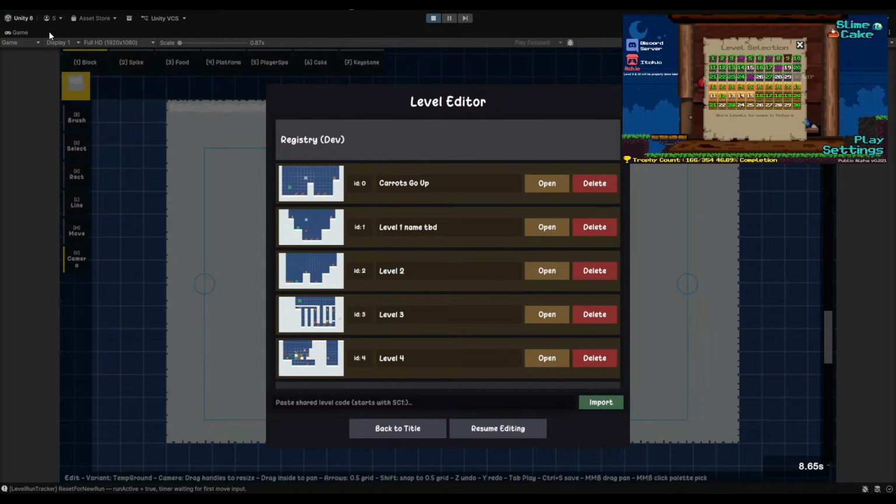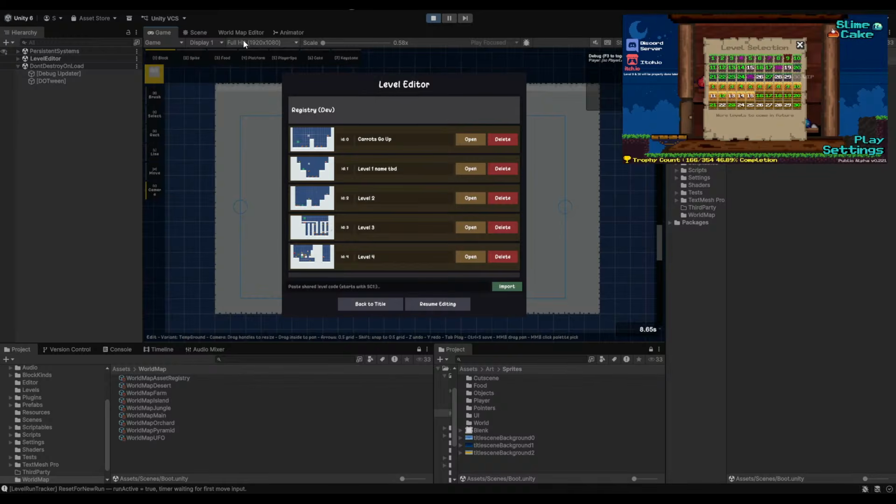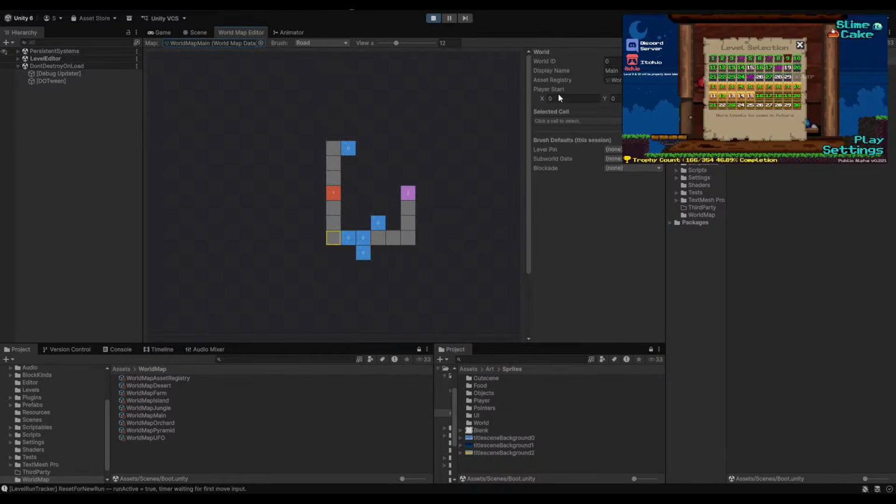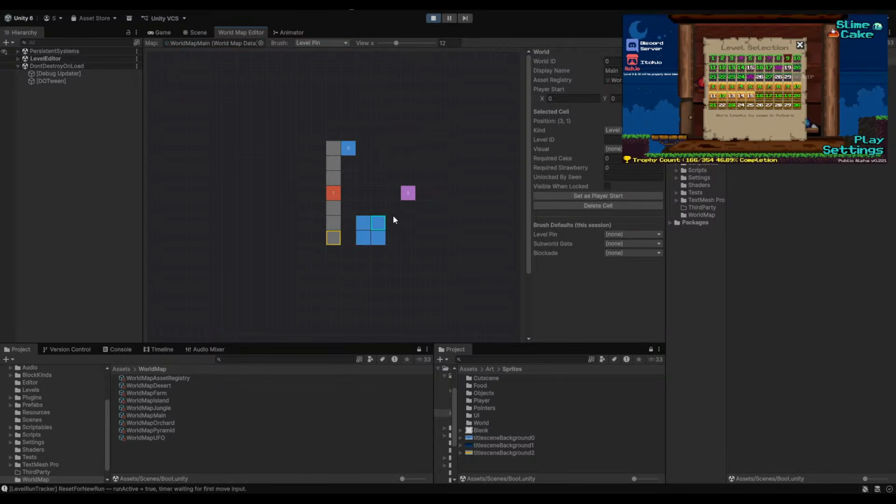Which I guess if I show on the world map, where is it? Oh, I need to not maximize world map. Main. We should probably start doing this now, because I'm just gonna remove all of these levels. And then I'm gonna have level pins. We'll do 4 here. This one is gonna be, for now, visual 0, ID 0.